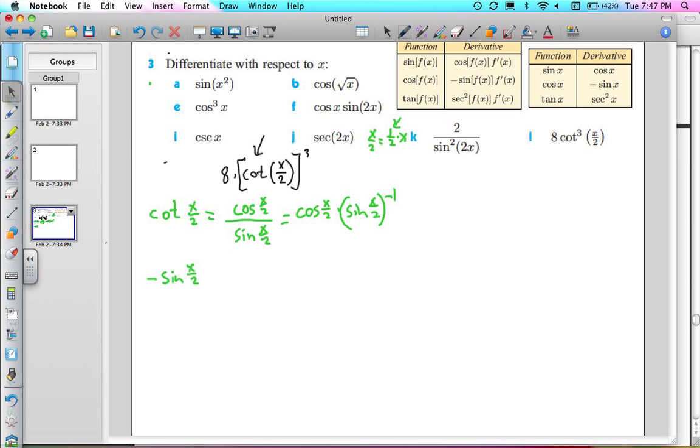Negative sine x over 2 times 1/2. Okay, and that's times the original function that we had there, which was sine of x over 2 raised to the negative 1. And then we have plus the original first function, which we don't differentiate, cosine x over 2, times the derivative of the second function. Now this is going to be